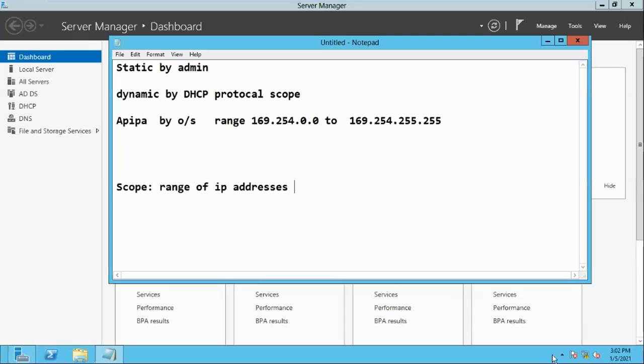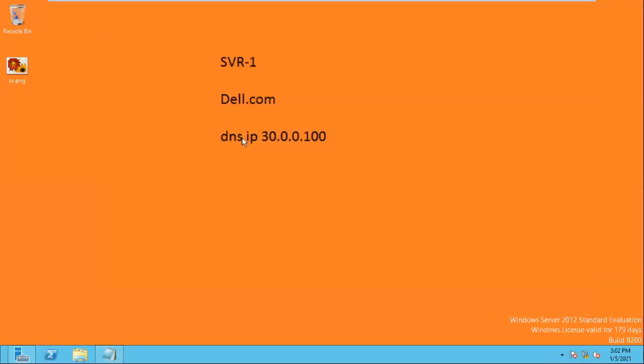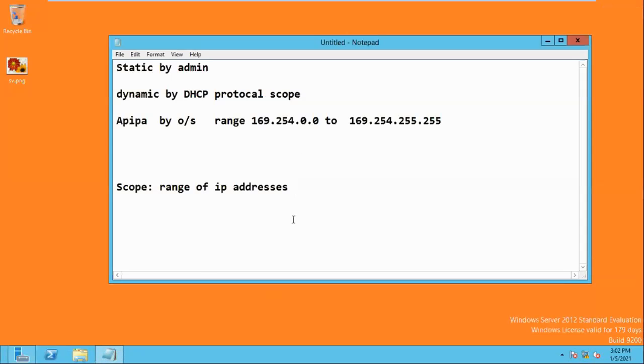In our scenario, what is the IP address of our server? 30.0.0.100. So in our situation, I will provide 30.0.0.101 to 30.0.0.120. So in total how many IP addresses? 101 to 120, 21 addresses.